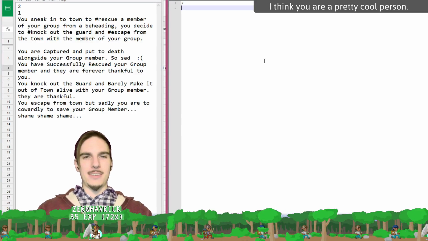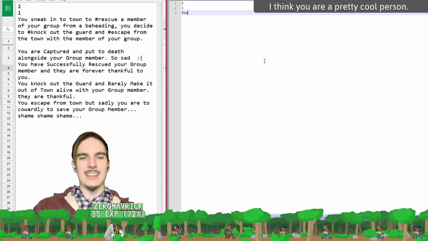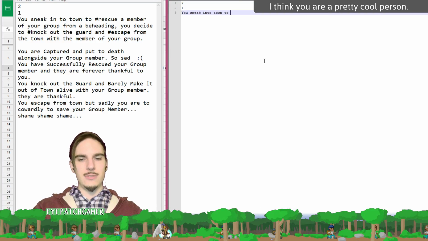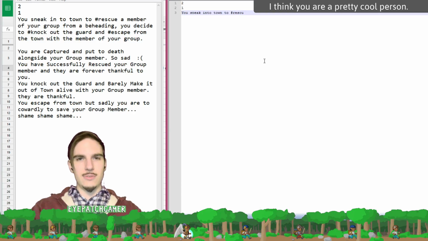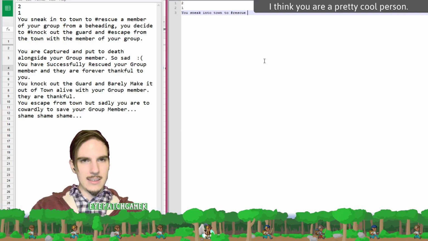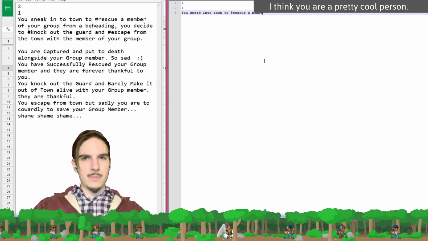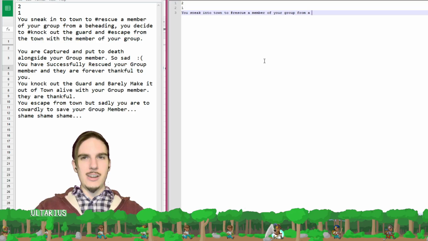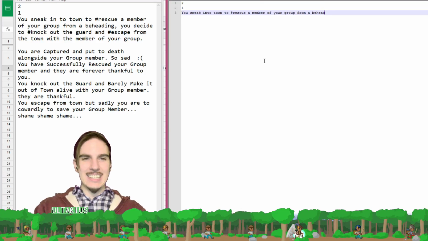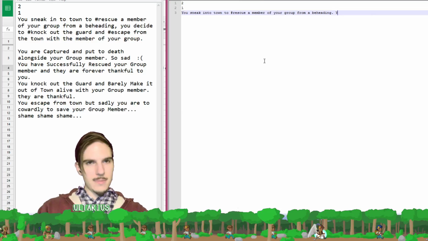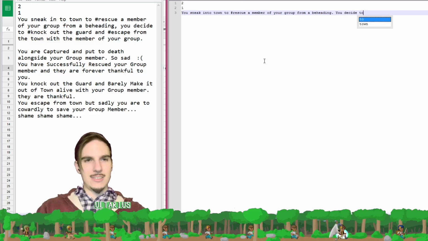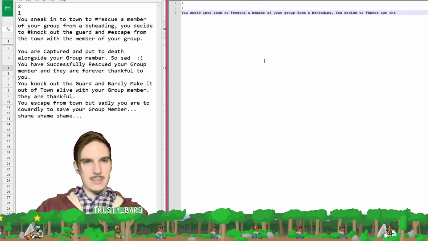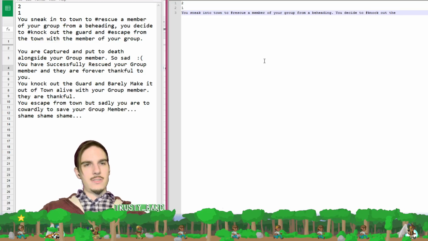So event type 2, multi, you sneak into town to rescue a member of your group from, oh no, abetting! You decide to knock out the,